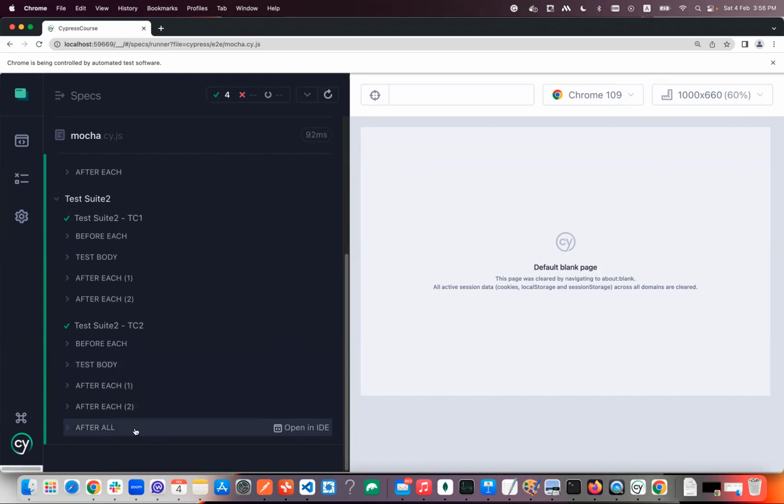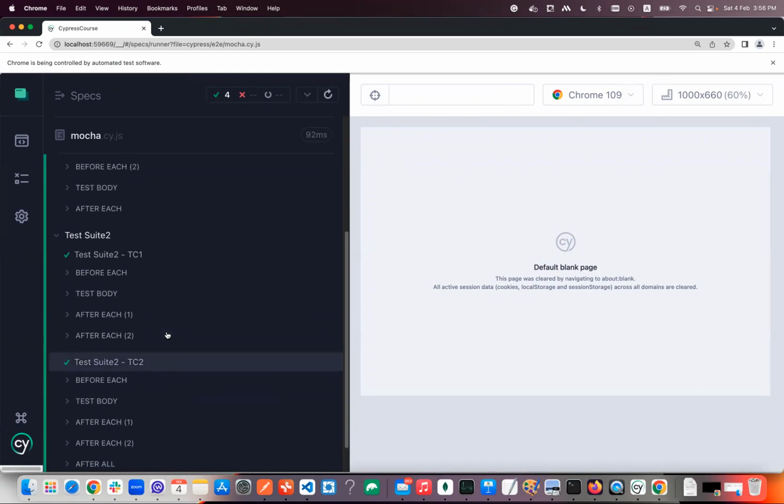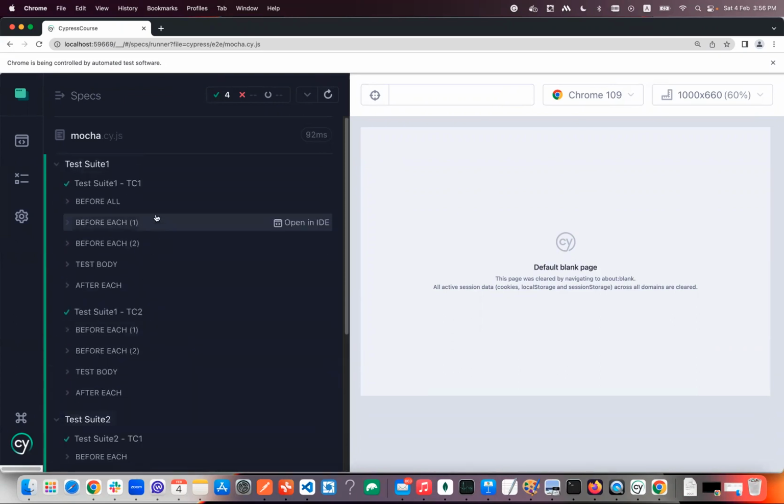After each, after test body, you will see after all. Okay. So this is basically the sequence. If we check the sequence, first is before all, before each, test body, after each, and then after all. Okay, so we should know the sequence. Again, it can maybe be asked in an interview question, or in your project also, if you want to maybe write some DB reset. So where should you use that DB reset, in after each or in after all? So you should know all the hooks, because it will help you write good and efficient test cases,